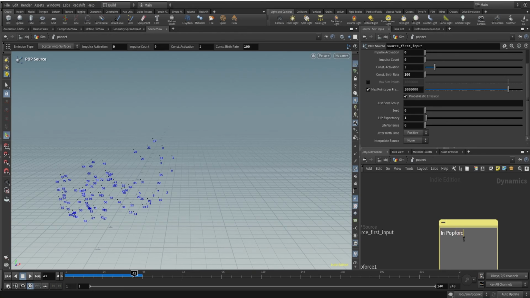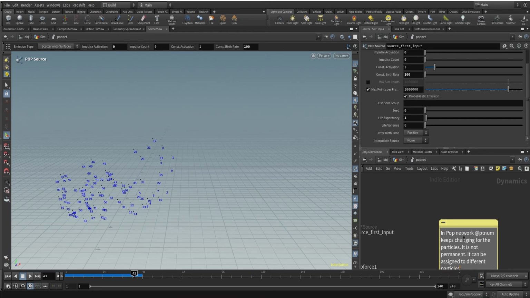In a POP simulation, if a particle has a point number and that particle dies, then that point number can also be assigned to other particles. So in a POP network, the point number keeps changing for the particles. It is not permanent,